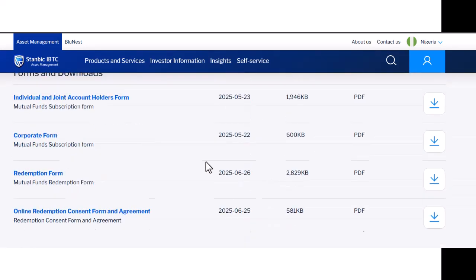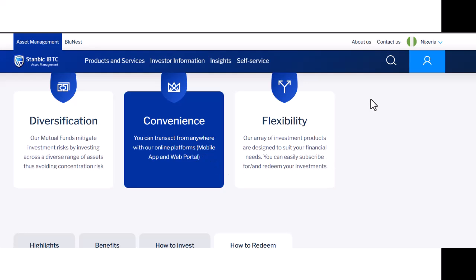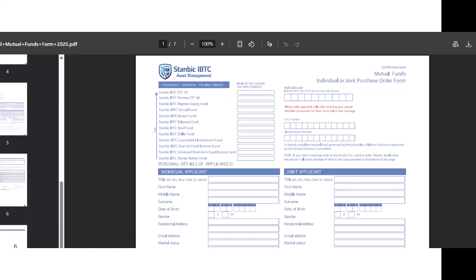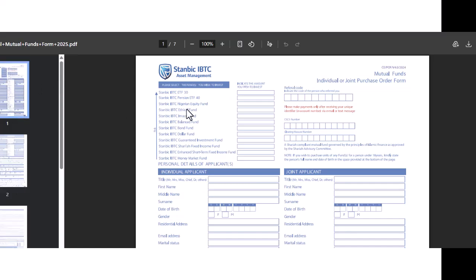All right. So let's check on the form and see how it looks. I think, okay, this is the registration form. I think it's 6 pages like that. So this is the first page. You can see IBTC, ETF, 30 days, bond, Iman. So there are different